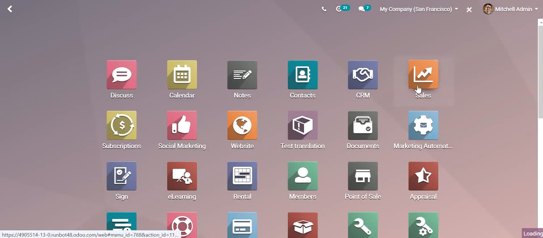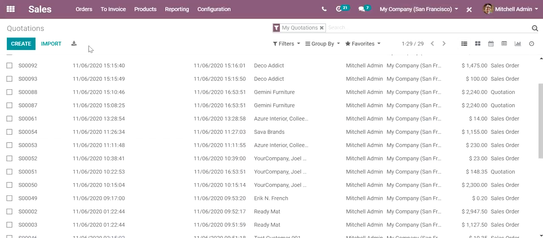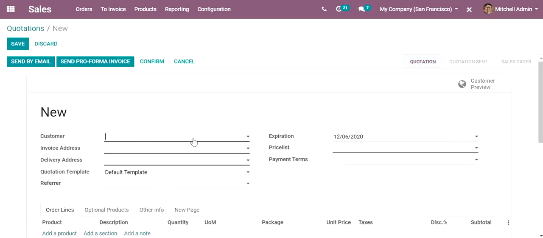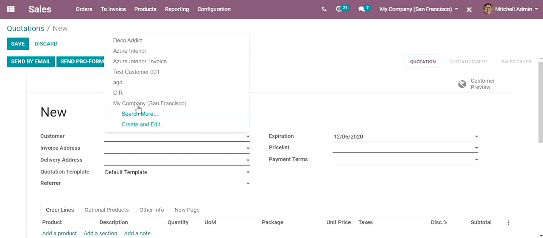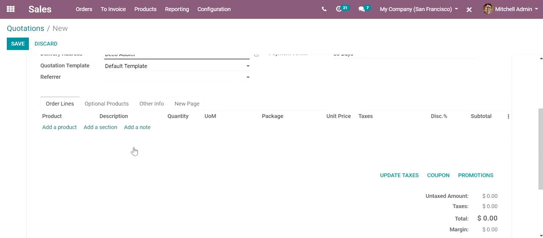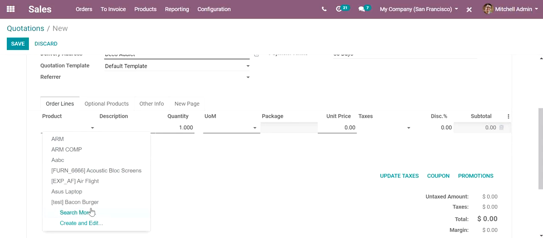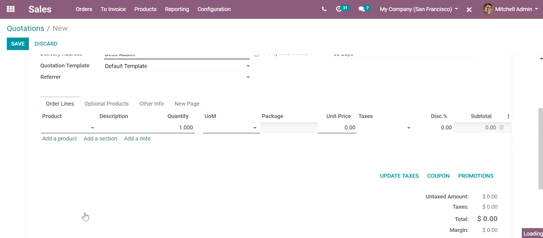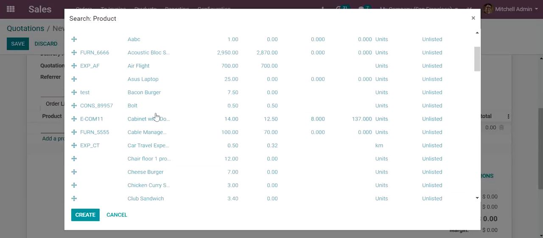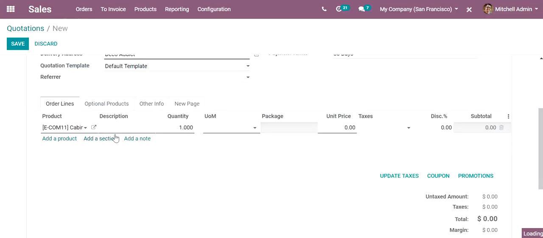Create a quotation from sales. Let the customer be Depot Addict, and the product is the one we have selected for dropship, that is cabinet with doors. Here we'll search for more and select cabinet with doors.